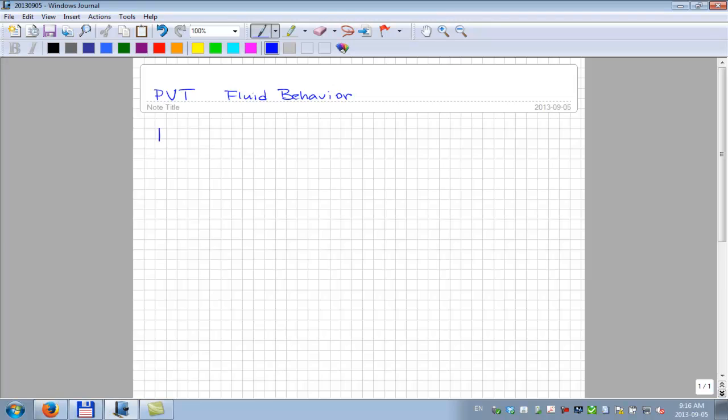And the first is, we usually refer to it as phase and volumetric behavior. That's typically what we call this more formally. And then there's a couple of extra things in addition to the phase and volumetric behavior. And I just want to review a little bit what we're talking about for the three categories of